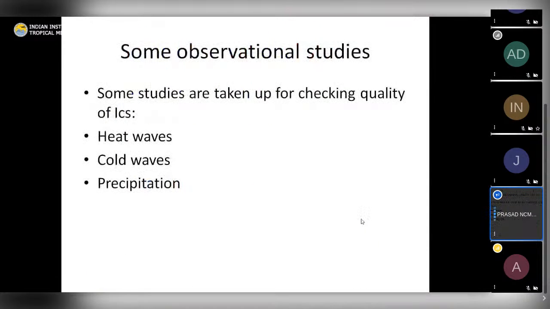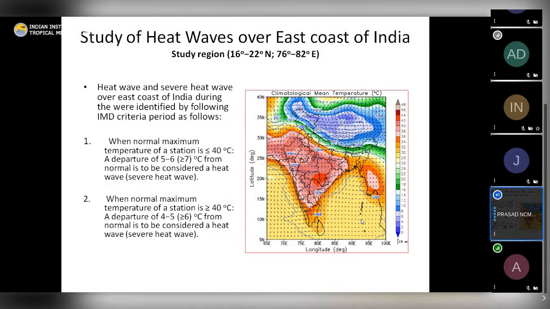And the second thing we studied, the variable skills with radiosonde data, I'm not repeating that. But there are a few case studies showing how cold waves, heat waves and precipitation are simulated in the reanalysis. I am going to show that, to build confidence that the reanalysis data sets are working very well. For that, we have taken the heat wave conditions over the east coast of India,